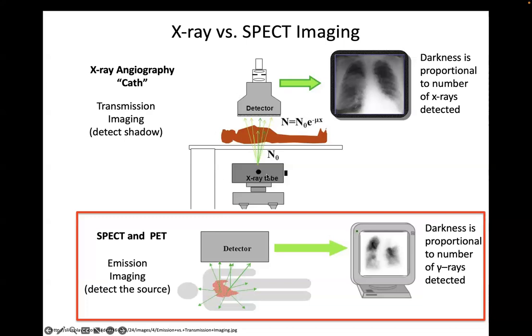And this slide shows the difference between an emission technique and a transmission technique. And transmission, we're all very familiar with. We've all had X-rays of our hand or our chest or whatever, where you have a source of radiation down here. And that radiation can be anywhere from 40 kiloelectron volt X-rays up to 140. And you shine this X-ray light through the patient and look at the shadow cast by the patient with your detector. And so the bright zones in this image of this patient's chest that are seen on the detector are those places in the patient in which a lot of X-ray absorption has occurred. And so therefore,